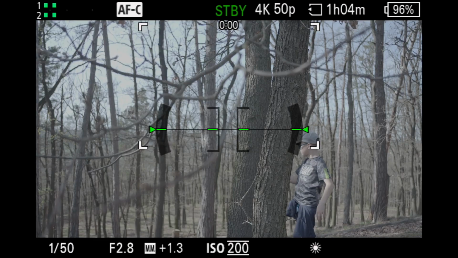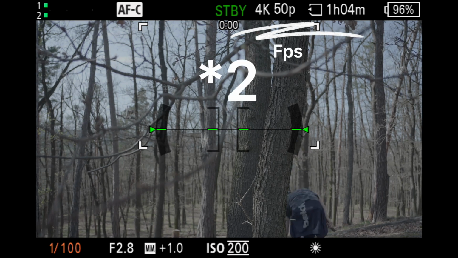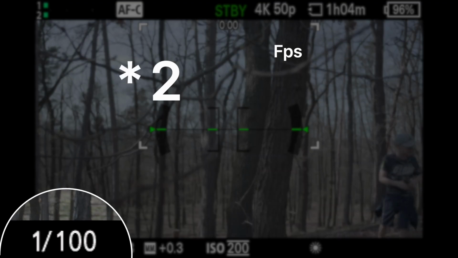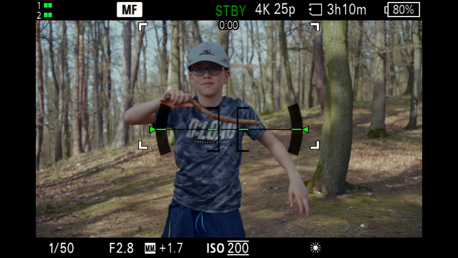Now exposure triangle. We all know it, right? But here comes the tricky part, because filmmaking has got different rules, and this is essential. You must understand how to set up your shutter speed. Shutter speed should be always double of your frame rate and never any shorter. Why? Because this way we can bring into our footage motion blur, which is essential and natural, and we are